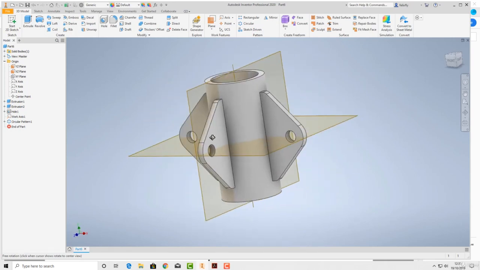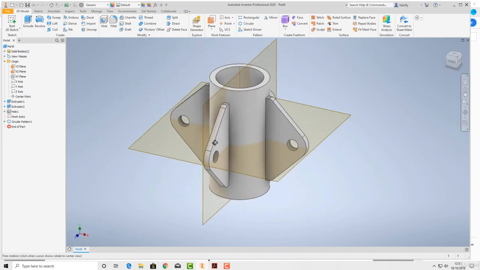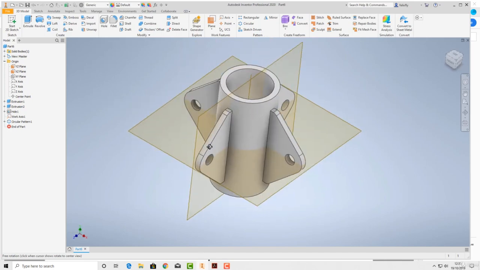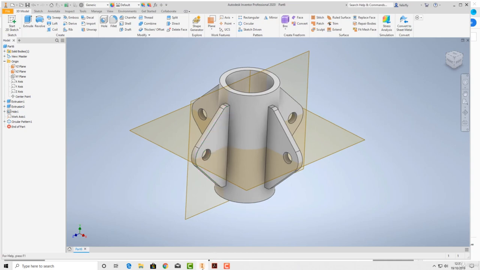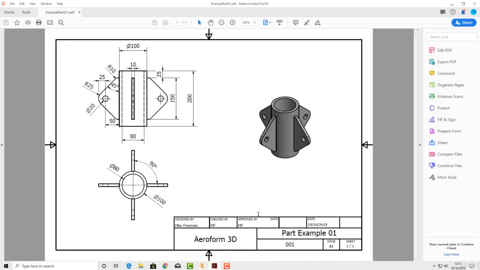Now I'm going to do a bit more just because I want to. Okay, if it was me and someone gave me this part, we've made it. It's going to function correctly because our holes are in the right place. It's the correct diameters. This is going to slide over a pipe which is 80 diameter, a bit of tolerance. It's going to use these holes for some 20 diameter bolts or something. The spacings are all correct, but